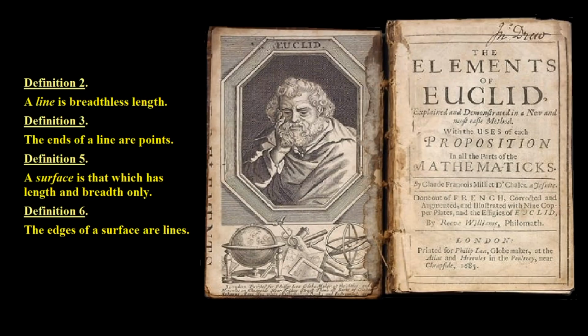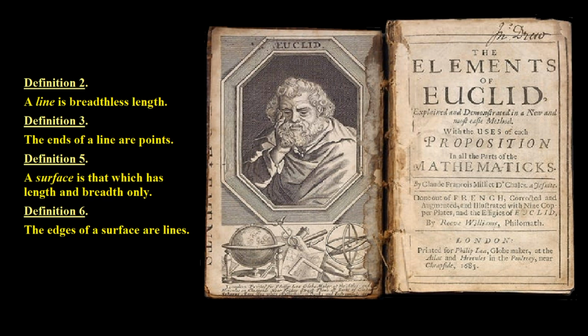Math is math, physics is physics, never the twain shall meet, okay? And so Euclid went on to the plane, and he defined it as such. He says, a line is breadthless length, and the ends of lines are points. And then he says a surface, meaning a plane, is that which has length and breadth only. Okay, length and breadth: square, circle, or disc if you prefer, or triangle.